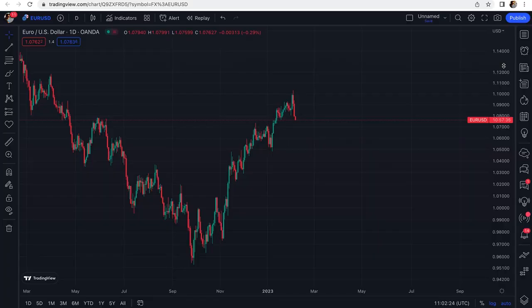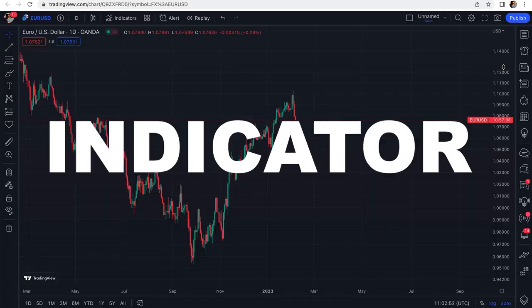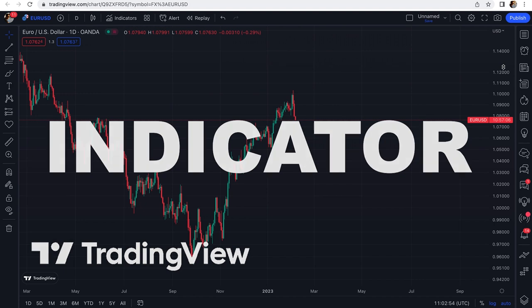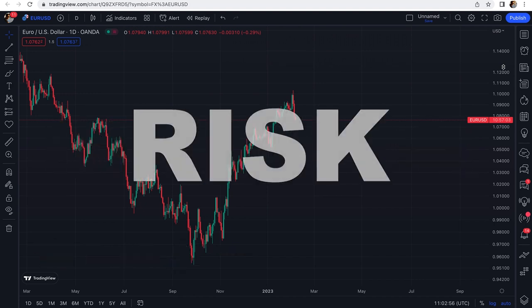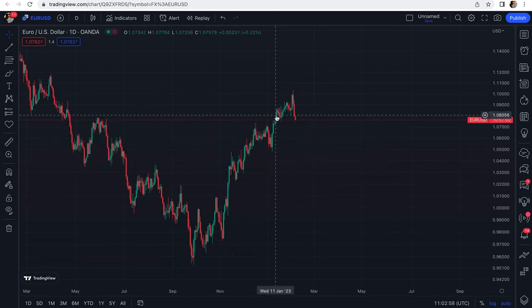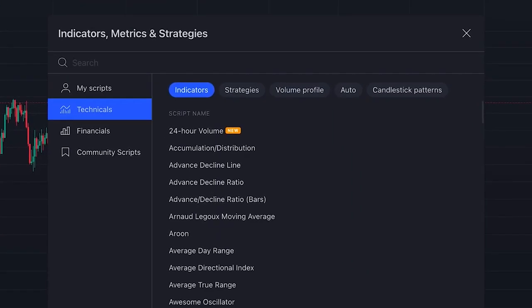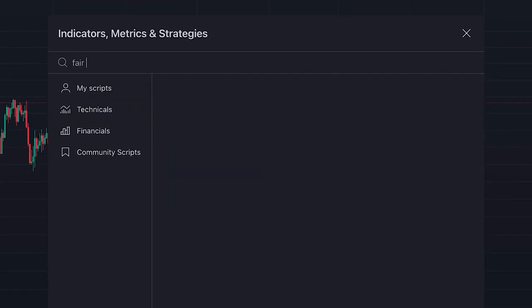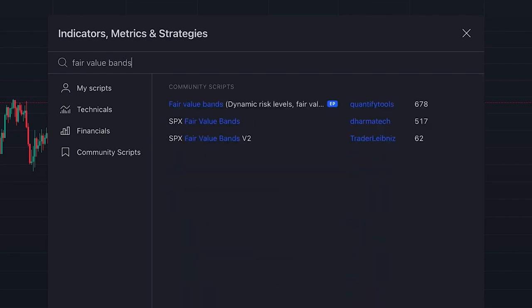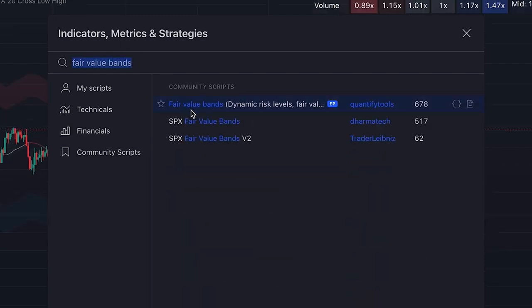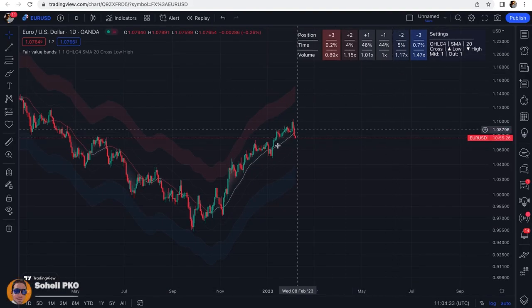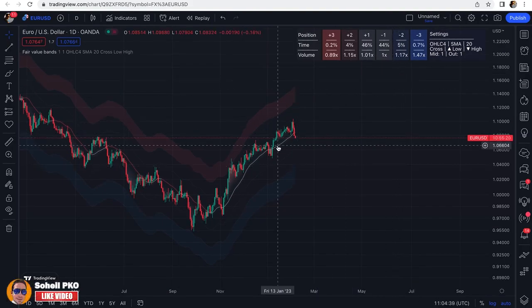In today's video, I'm going to introduce a very powerful indicator on TradingView that effectively measures risk levels in the market. To add this wonderful indicator to our chart, here we click on indicators and we search fair value bands. This one. Fair value bands dynamic risk levels, which is an editor's picks indicator and it's written by someone named Quantify Tools. Alright, this is the indicator and it's one of the most powerful indicators that shows dynamic risk levels